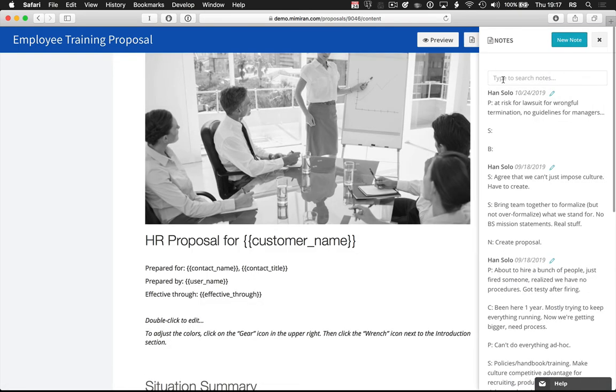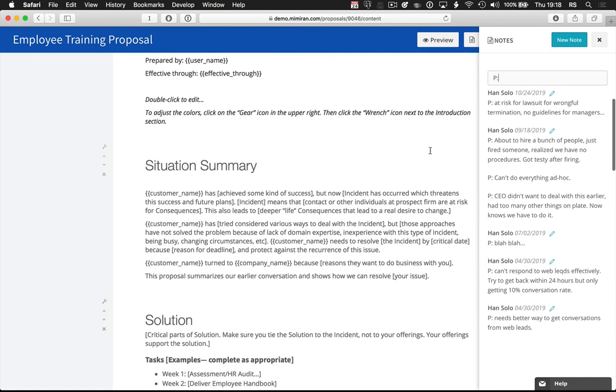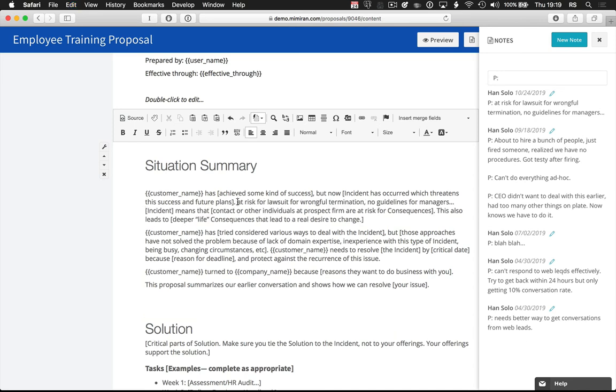And so here I can go in and search my notes. So if you've got a whole bunch of notes scattered everywhere, as I used to, this is super handy because I can basically pull in, okay, let's talk about the problem. Pull that in, paste it in here, and obviously I need to edit it a little bit, but the idea is to make